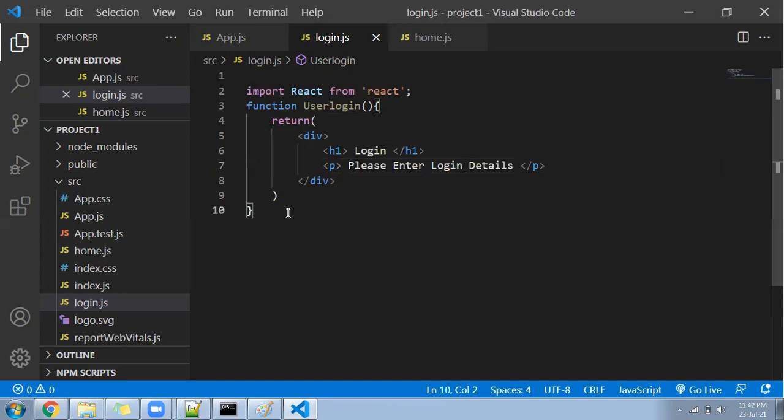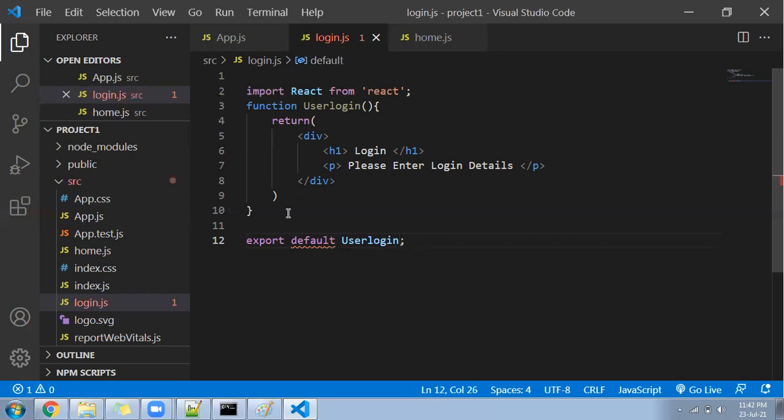A static component is ready. Now what do you want to do with this component? You want to call it in the app file. So without export, you can't do that. You have to write export default and the function name. What is the function name? User login.